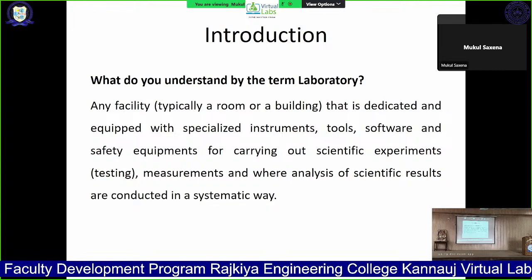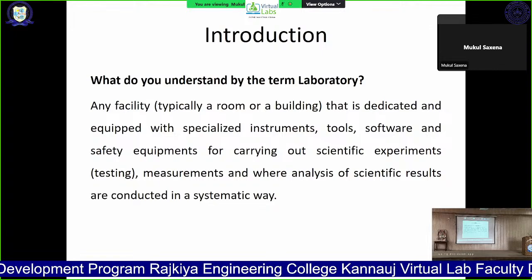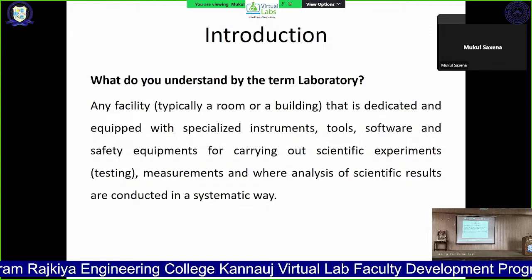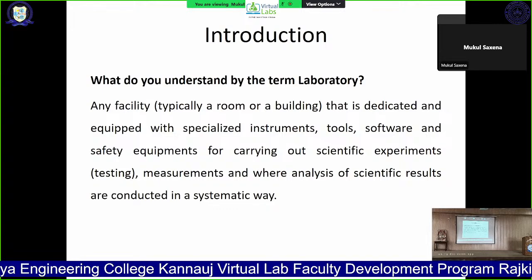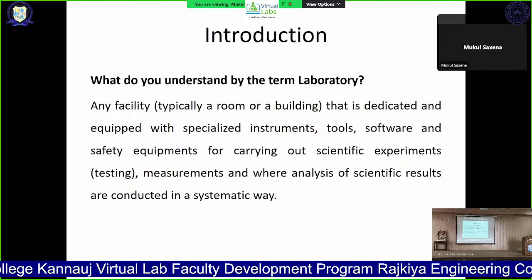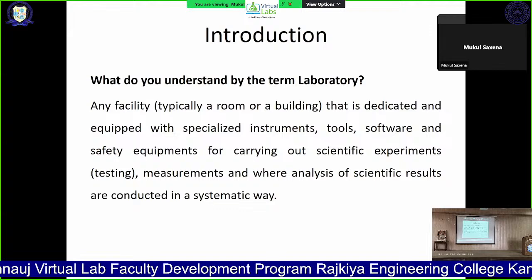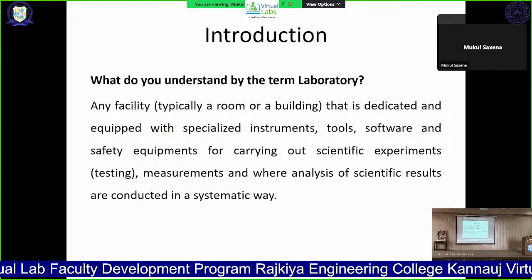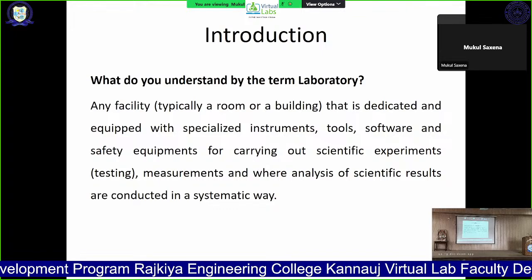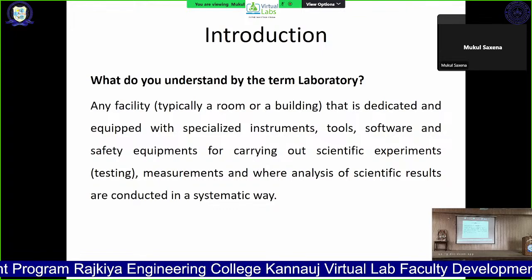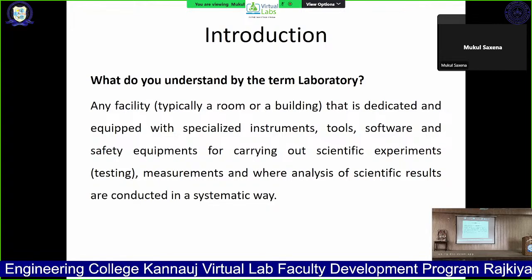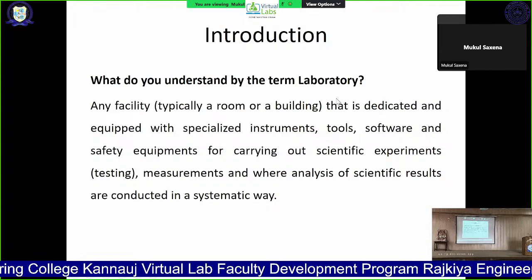And in a typical laboratory setup, what are the things that are generally available? These are the specialized instruments, tools, and software, and also the safety equipment that is useful for carrying out scientific experiments. So, what do you mean by the term laboratory?